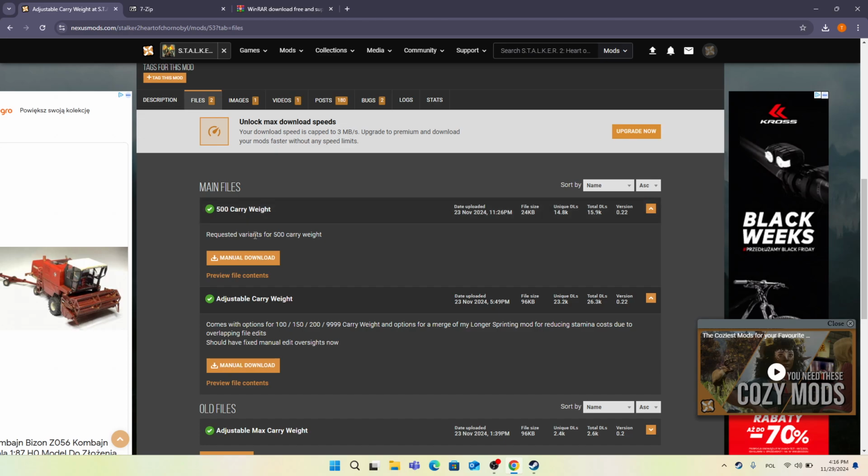Then you can choose whether you want to install the 500 carry weight or adjustable carry weight. And the adjustable carry weight is also gonna merge, there's gonna be an option to merge this mod with the longer sprinting mod if you have it, so they will work together and not cause a conflict. So I'm gonna just choose the adjustable carry weight because I also have the longer sprinting mod, and click on